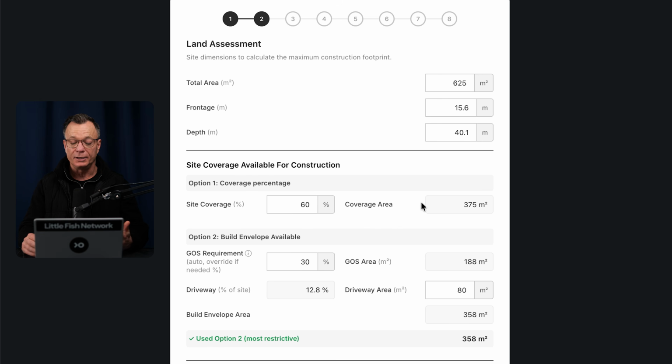Option 2 is the build envelope available. This is calculated by knowing the garden open space requirement. Again, in Victoria, it is a standard percentage, either 25, 30 or 35%, depending on the size of the land. That will default in this particular spreadsheet, but you can override that depending on your site details. Then you also need to calculate the hard surface areas, which is typically your driveway. For a dual lock, I would assume that would be close to 80 square metres. Once we've calculated the garden open space area and the driveway area, we total out at 358 square metres